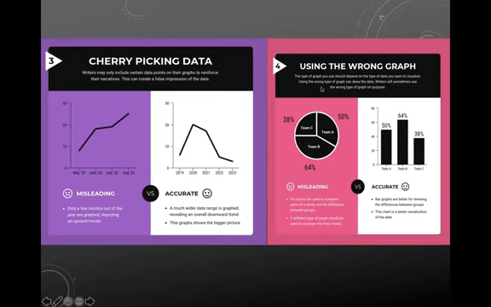Using the wrong graph. The type of graph you should use should depend on the type of data you want to visualize. Using the wrong type of graph can skew the data. Writers will sometimes use the wrong type of graph on purpose. Pie charts are used to compare parts of a whole and not the difference between groups. A different type of graph should be used to compare the three teams. A bar graph is more accurate in showing the differences between the groups. So this chart is a better visualization of the data.